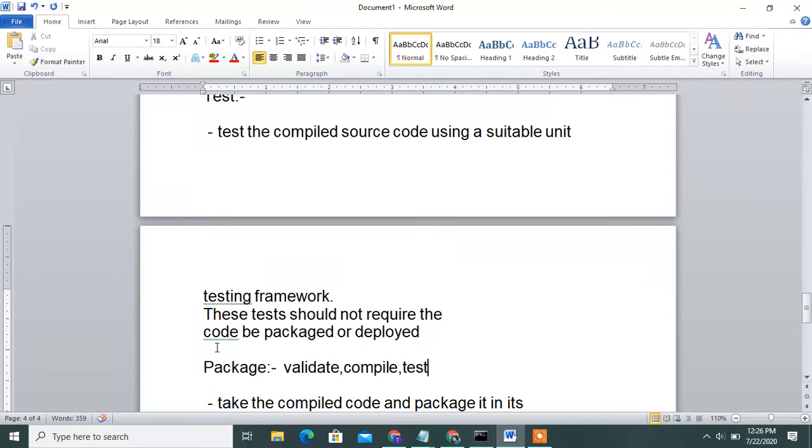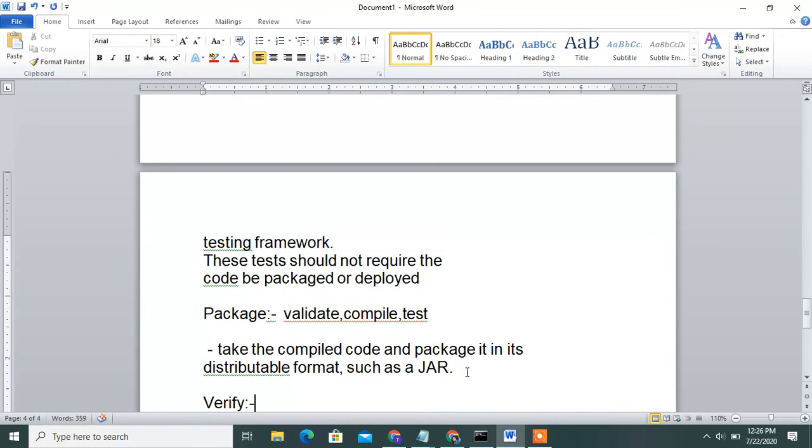Once you run the package command, those three phases run first. It takes the compiled code and packages it into a distributable format such as a jar file. You can distribute it as jar and war files.